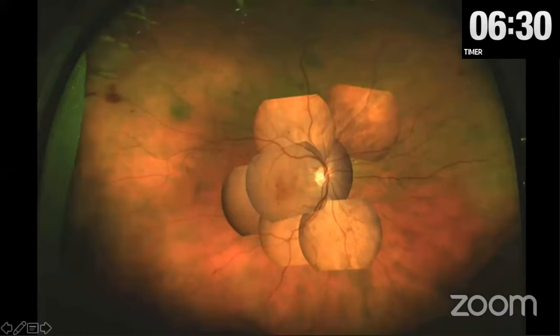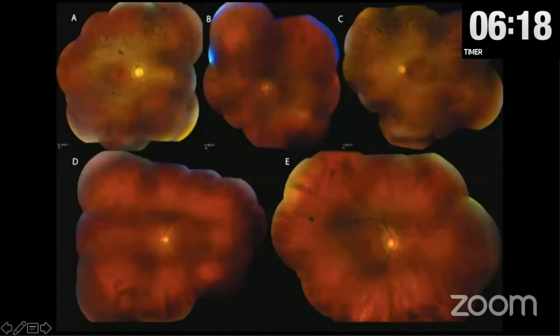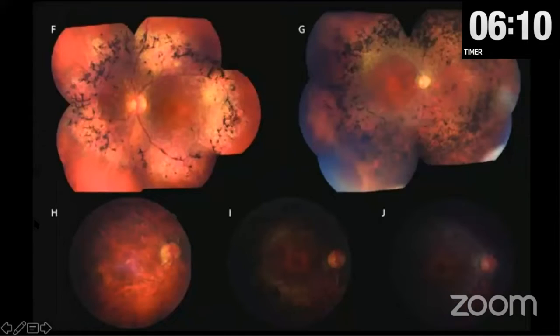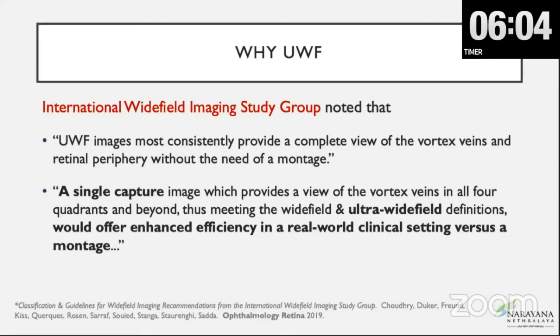As you can see here, there is a montage which shows so much overlap and sometimes even loss of detail compared to the ultra wide field imaging. And here we're seeing some other lesions and conditions that have been montaged together, and we can miss out some important findings. Some more images again of montaging and just of the posterior pole. So if you could get all of it in one view, it would definitely be advantageous.